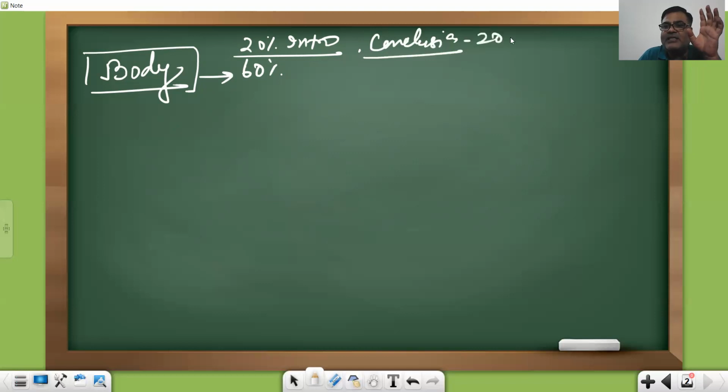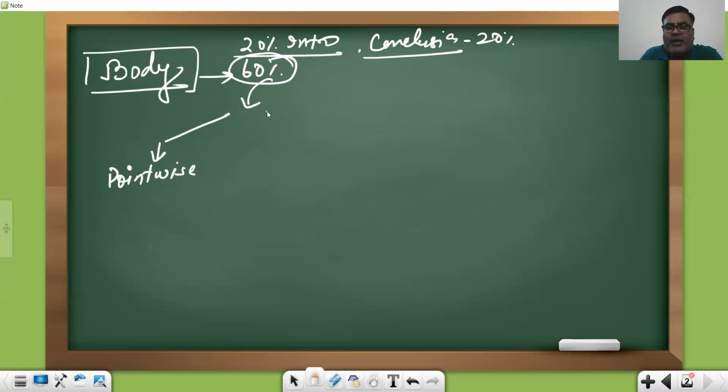Fine. So for that, just keep 20% to 60% word limit. There it should be, depending upon whether the question is in 150 words or in 250 words. Now here only 2 questions, or you can say some sort of doubt is there among the students: what is the right pattern to write, whether it should be point wise